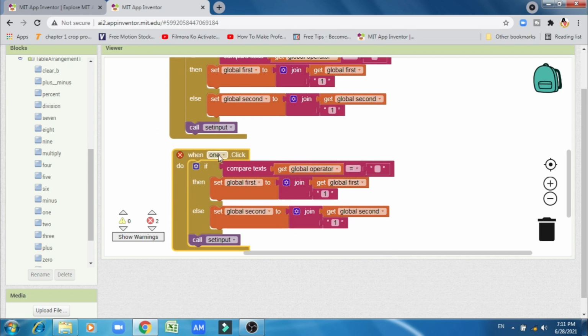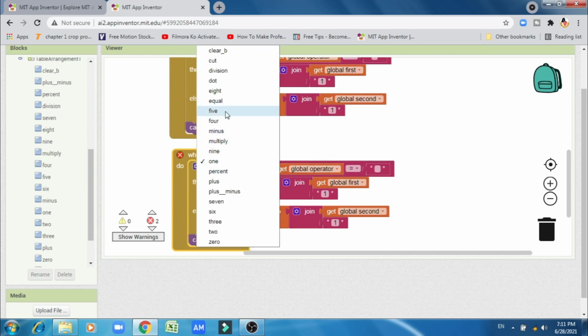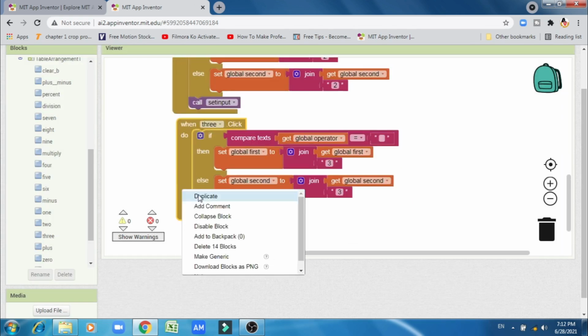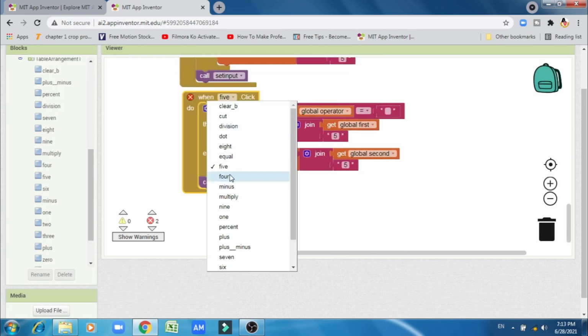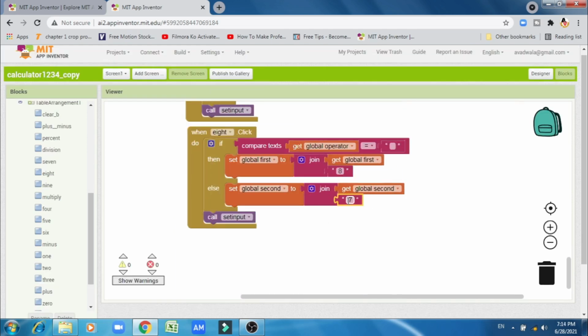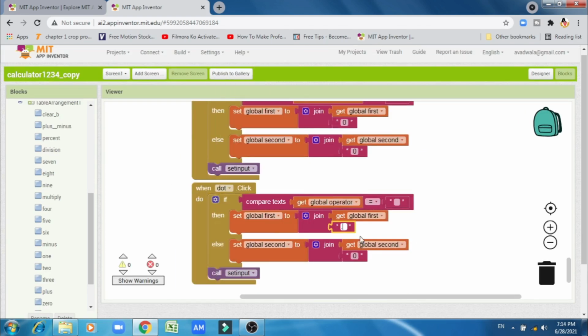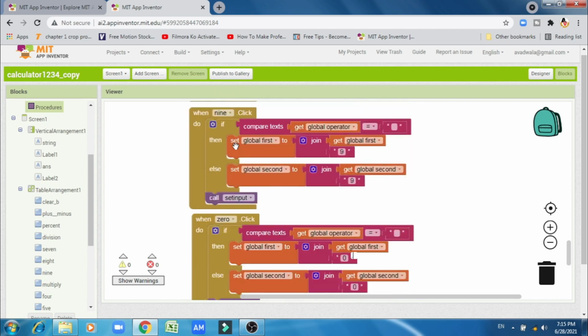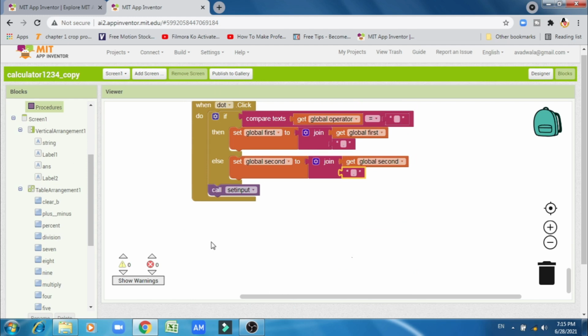Now make it 1, then it is for 2, and put 2 here and here. So this is ready for your second button. Okay, so we have given all the set of code here for the simple buttons.